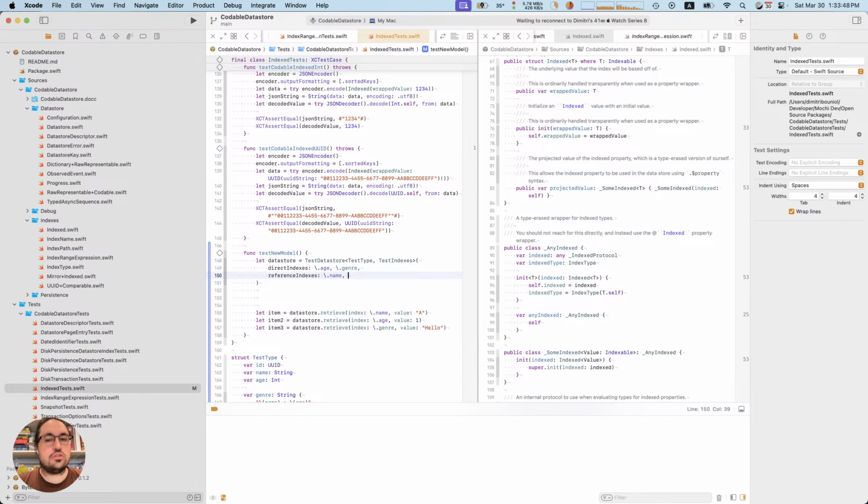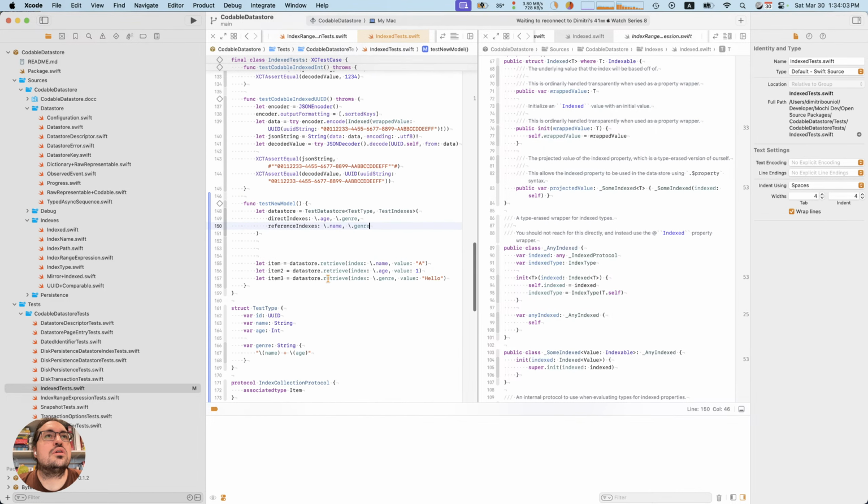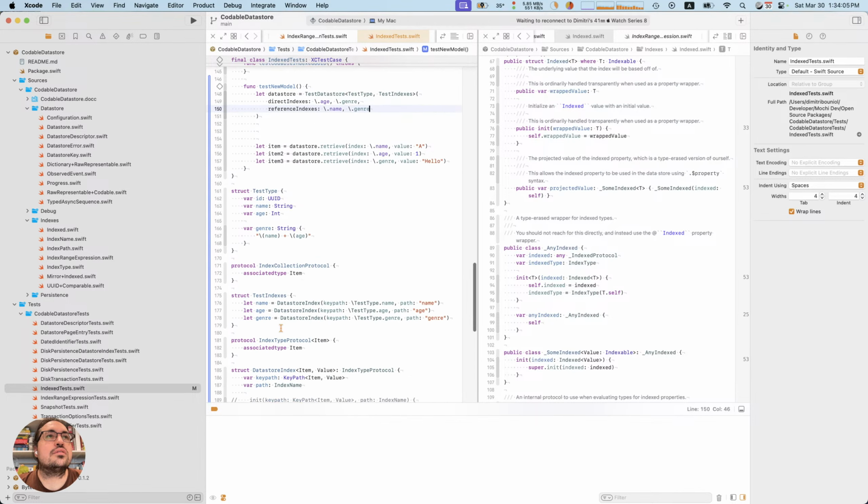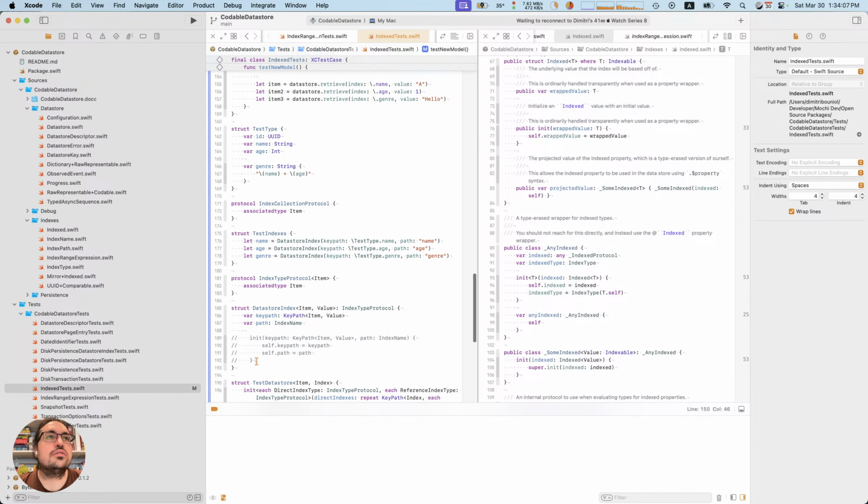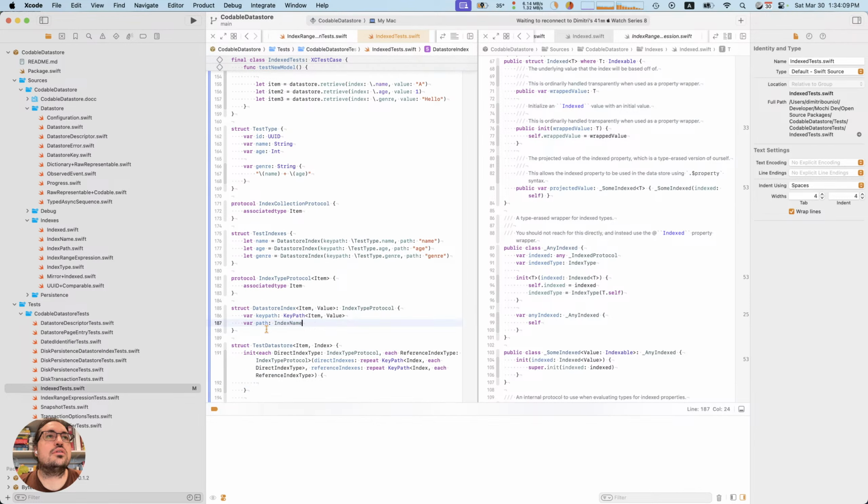Let's just make sure that there can be mixed types just fine. And that allows me to have different kinds of indexes.